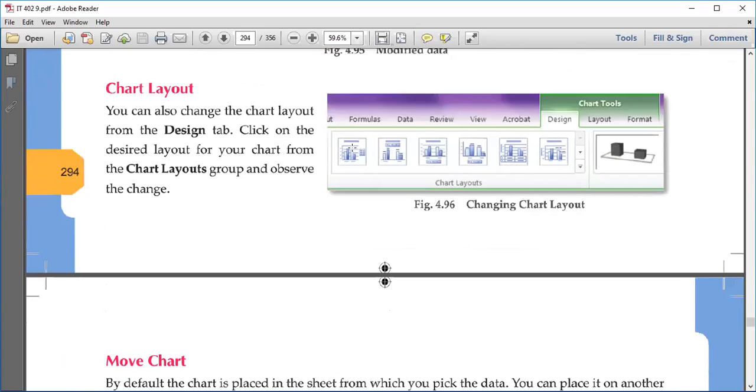In layouts, we have different designs, which are inbuilt designs. If you see this, here the legend is on the right side. We have the title on the top. Here, title and legend both are on the top. We have some data values above every series. Here the legend went to the bottom. Here also the legend is at the bottom, but here there are no grid lines and only data values.